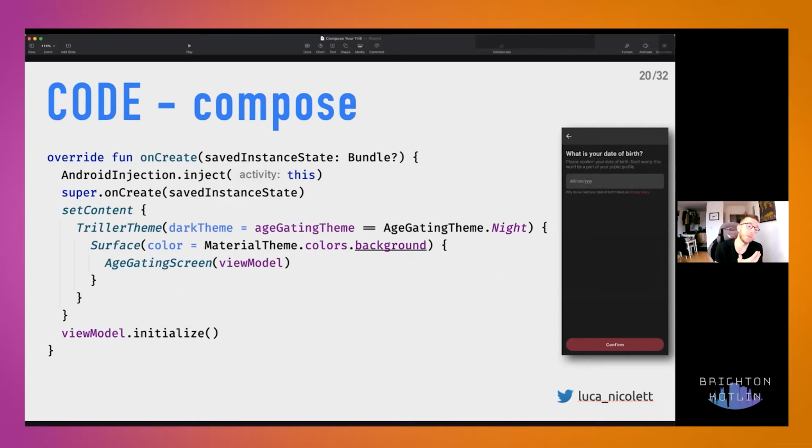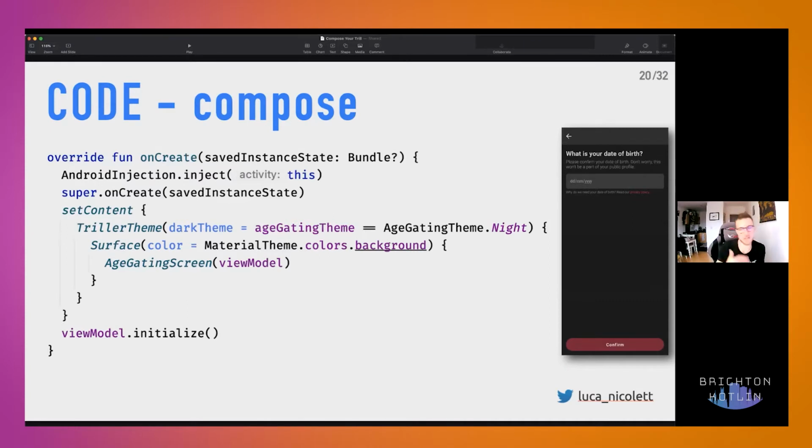We then define a surface and set the background color to MaterialTheme.colors.background, which is a property that is overridden by the Triller theme function and scope we're already in. And last, we call our composable function that defines our screen, the age gating screen.